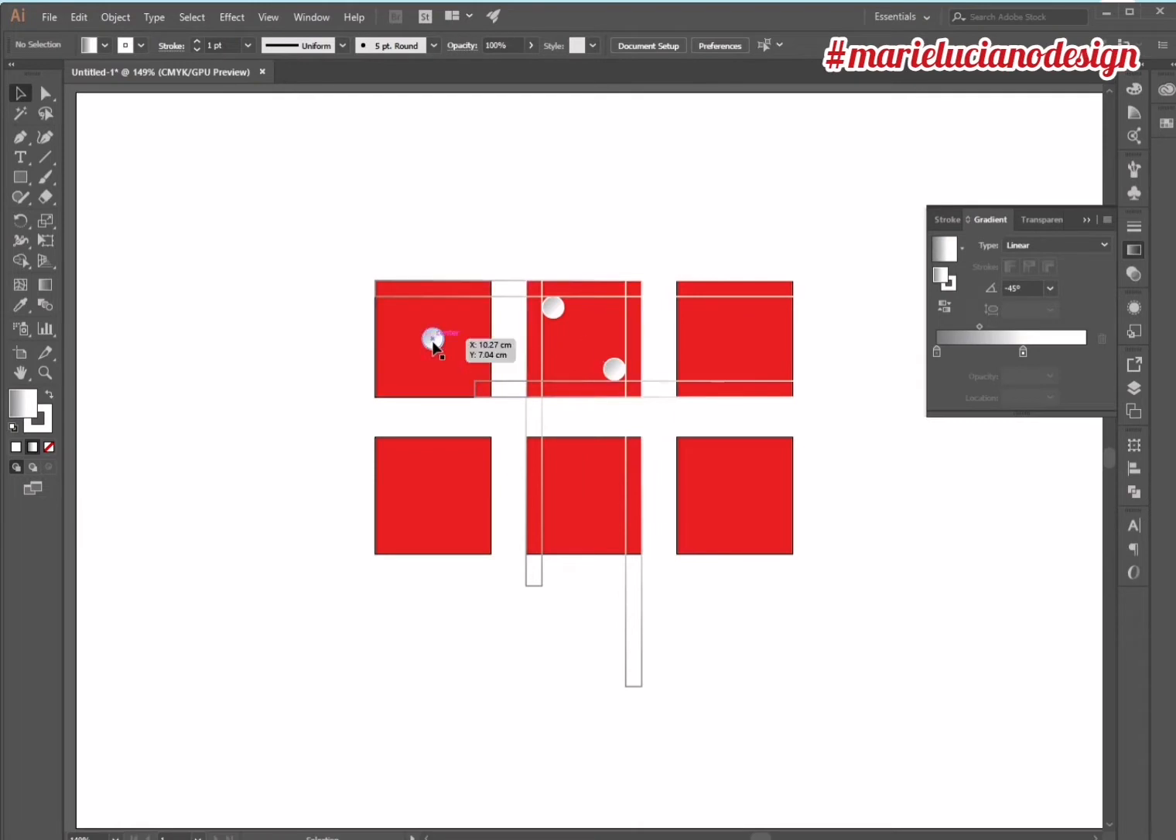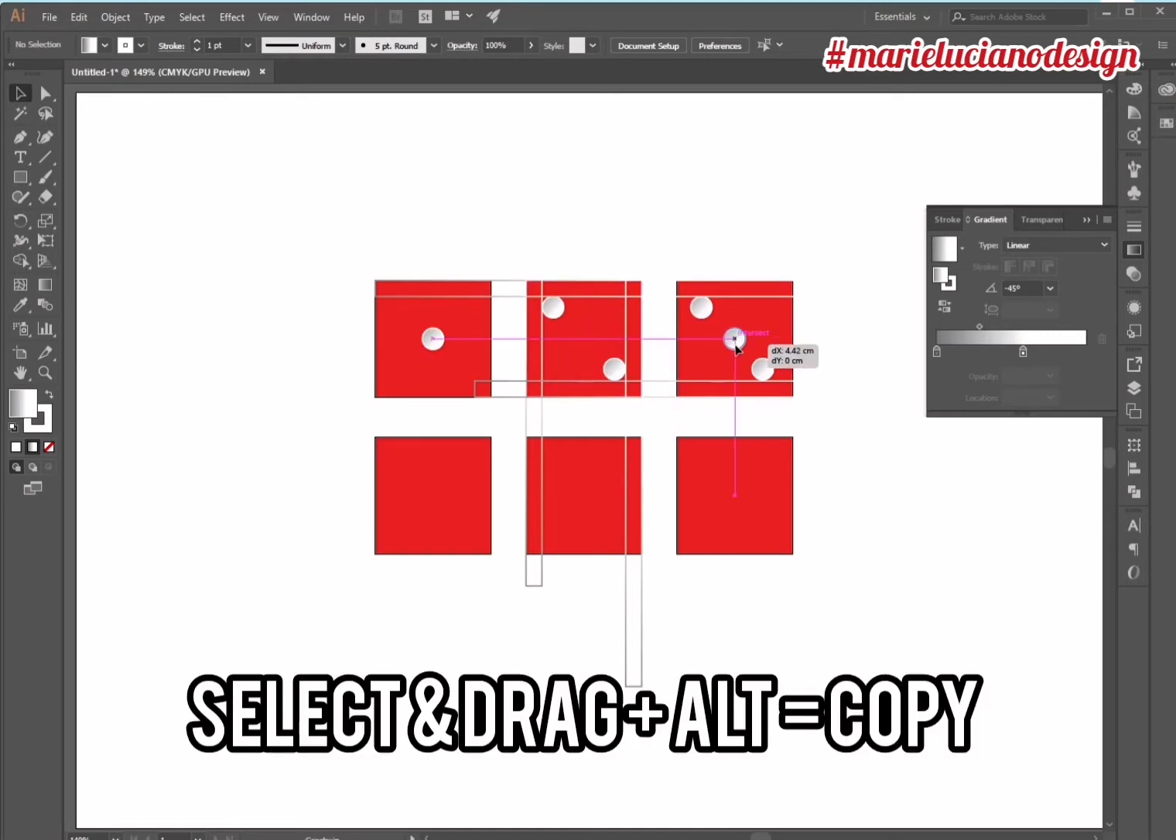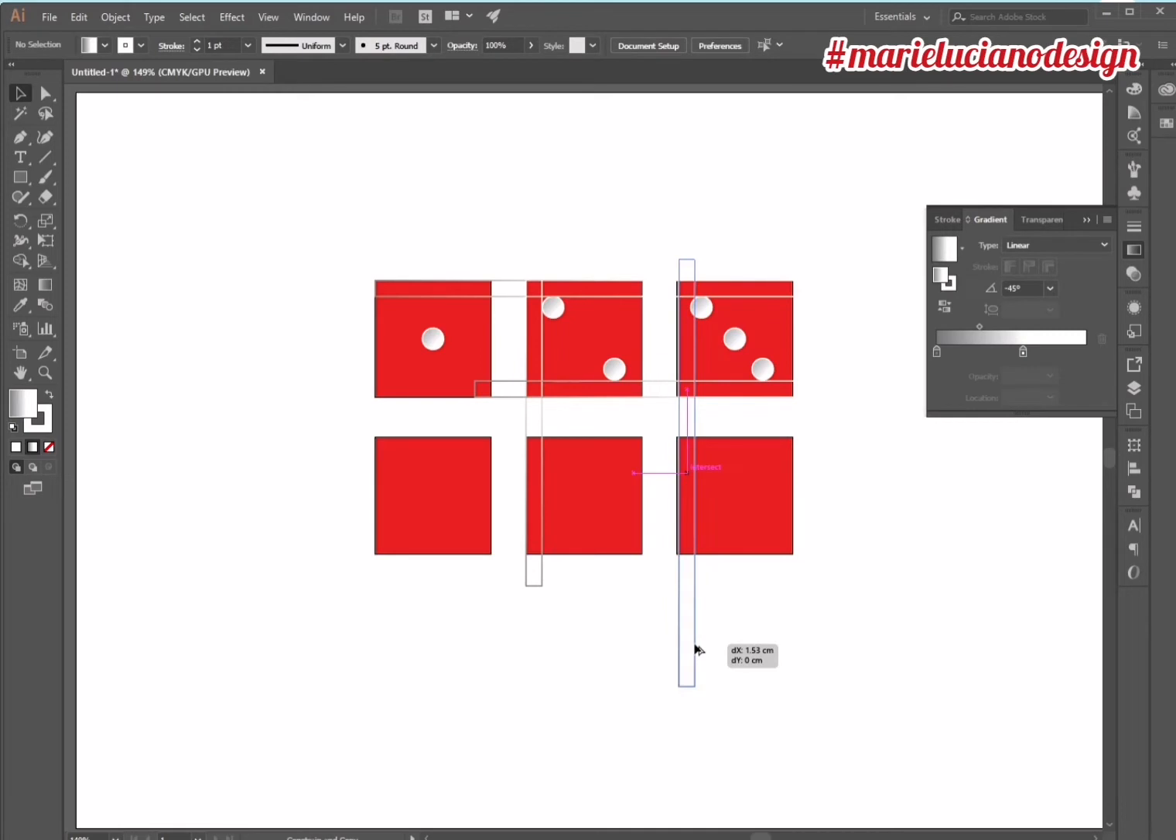To create side number 3, I'm going to select all 3 of these dots, copy while dragging, and then align them in an oblique line. To create number 4, let me just make sure that these are aligned. See, they're not. Okay, to create the side number 4, I'm going to select the 2 dots that are on square number 2